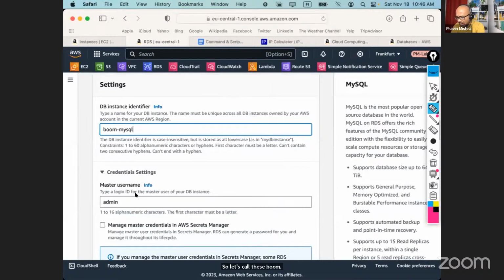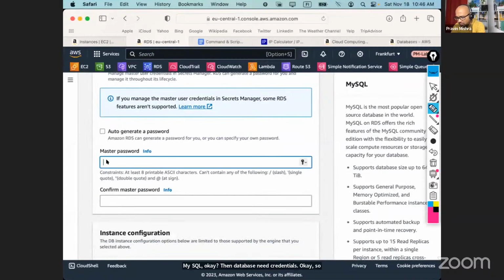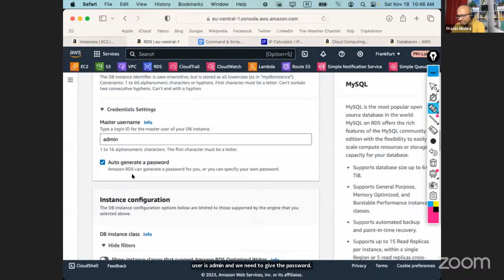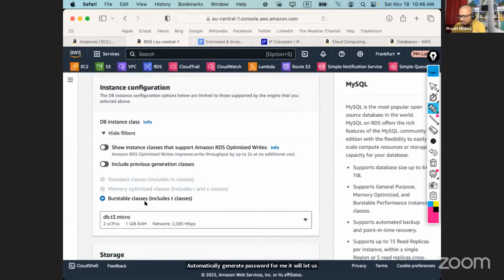Then the database needs credentials. So user is admin. Then we need to give the password. Let's choose auto generated. So this will automatically generate a password for me. It will let us know at the end. Now instance configuration. Like our EC2 instance, we also need,